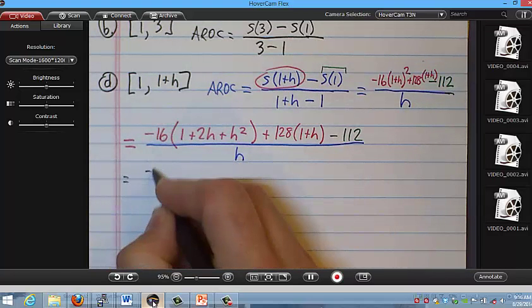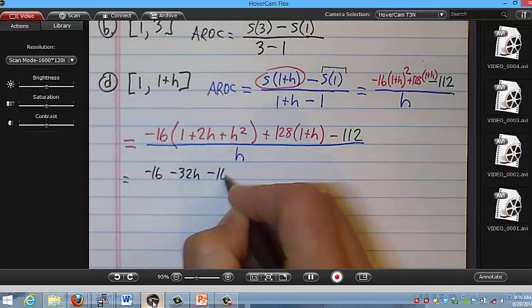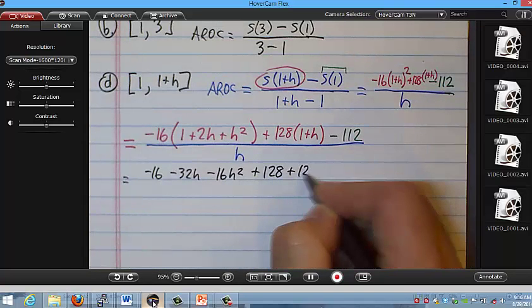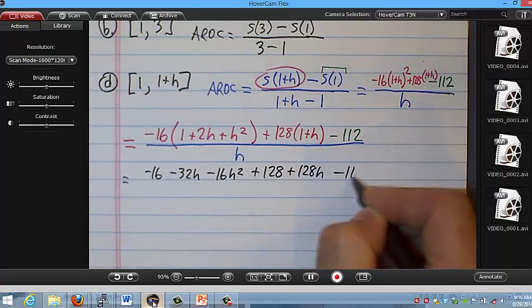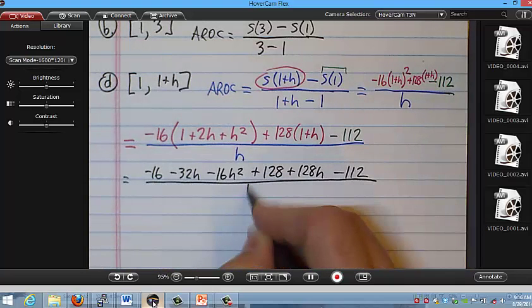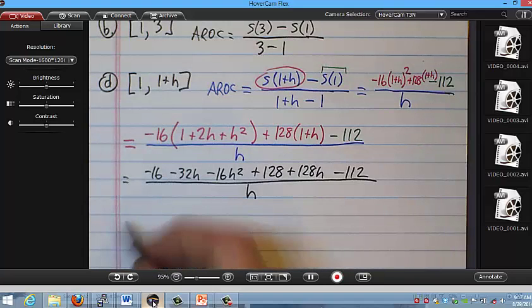Let's see. I have negative 16 minus 32h minus 16h squared plus 128 plus 128h minus 112, all over h. Okay. Anything happen next? What would you do next? Combine like terms. Okay, so let's see what happens. We get, in the next line,